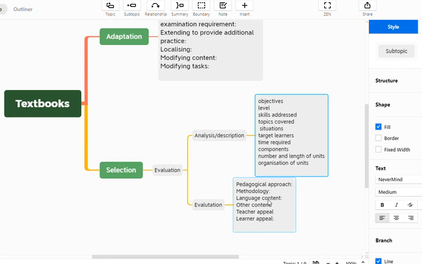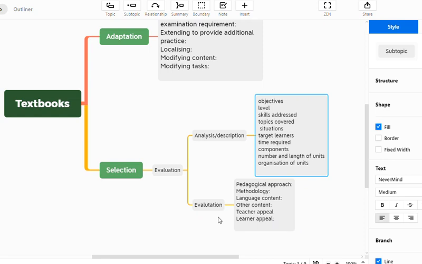For example, the readings included in the textbooks are used for reading aloud, or they are used for developing reading comprehension abilities and critical thinking. Okay, so if you want to only describe what sections, what topics, what skills have been included and to what extent, it is called materials analysis. But if you want to see the quality of those sections, topics and skills, it refers to evaluation.